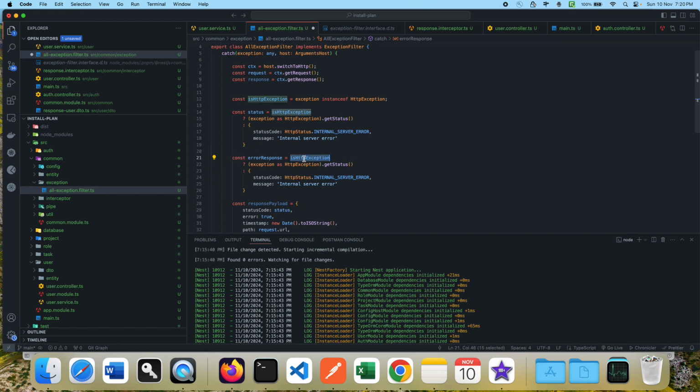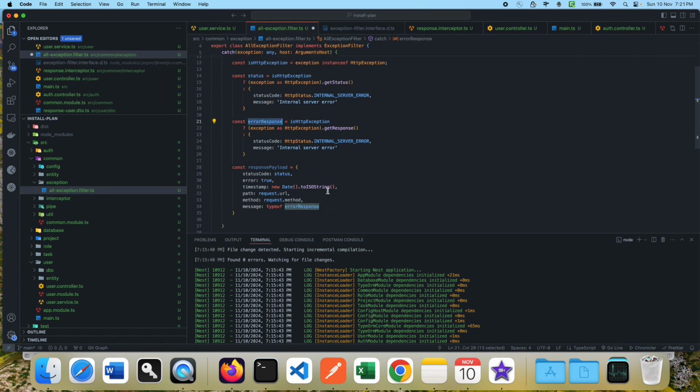And this time if HTTP exception is there, then I'm going to get response. And then this will be status code internal server error. Okay, if this is not an HTTP exception, we are going to throw the same thing. All right,